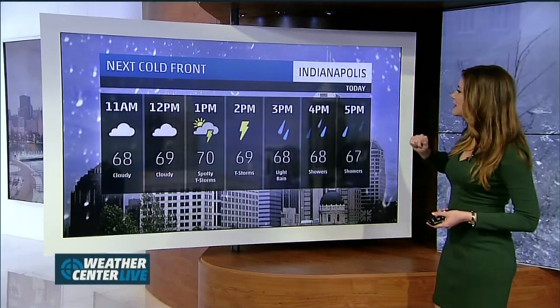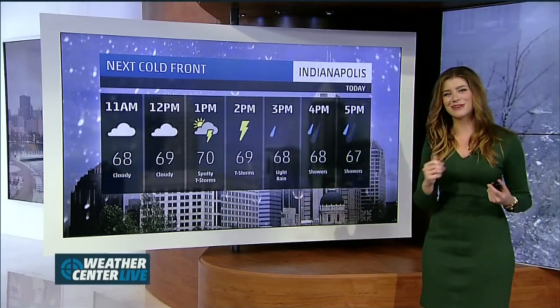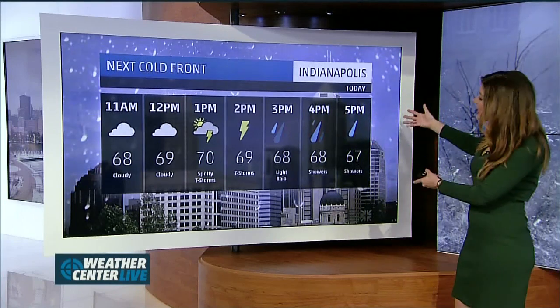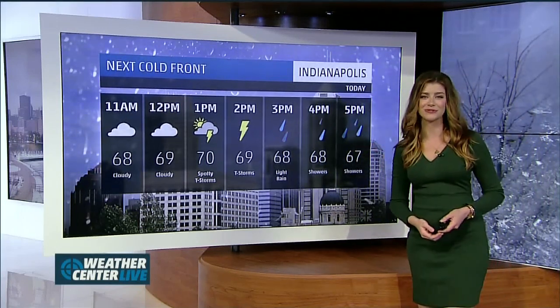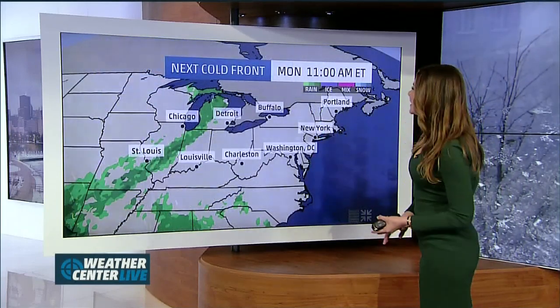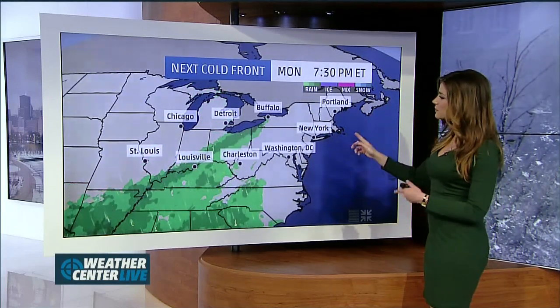So this is what it looks like for Indianapolis. Not quite getting that rain just yet, but it's already cloudy. And as we get into your lunch break today, and then maybe by the time you're picking up the kids from school and you're trying to make dinner plans tonight, you do have rain in the forecast, even a few thunderstorms in the middle part of the day. So bear that in mind as you make those afternoon plans. It does stay wet across the Ohio River Valley as we go through the evening,